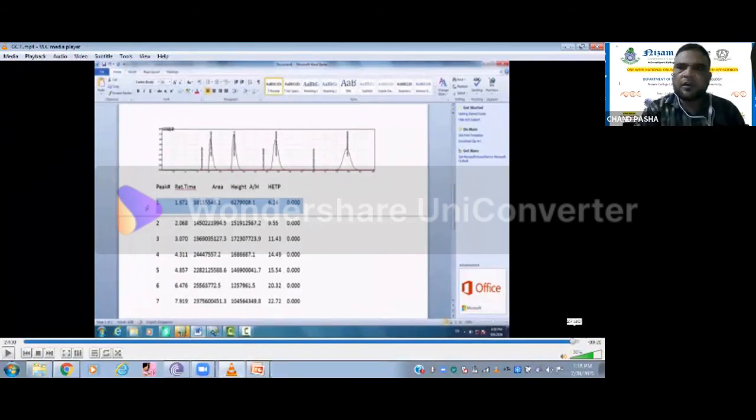So this is how we identify: we run the gas chromatography and we identify the molecules as well as quantitate those molecules. As far as qualitative identification is concerned, we know standard RT values are there for the compound, and we'll be running the unknown, and if the same RT value with 1 or 2% deviation is coming, that is the qualitative identification of that compound. If you are measuring area and comparing it with the standard graph, then we are quantitatively measuring the compound which has been separated by the